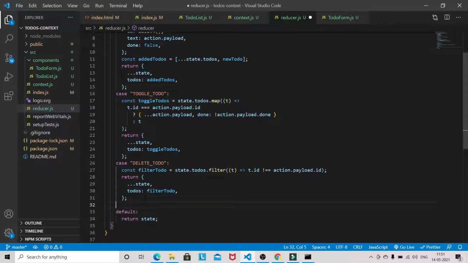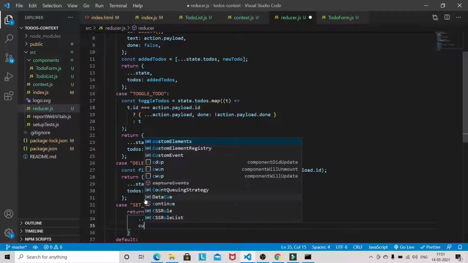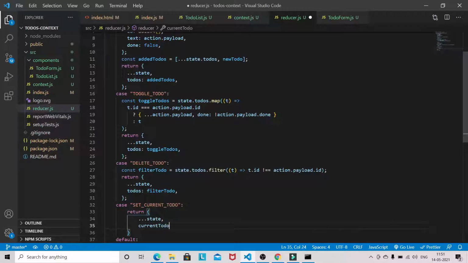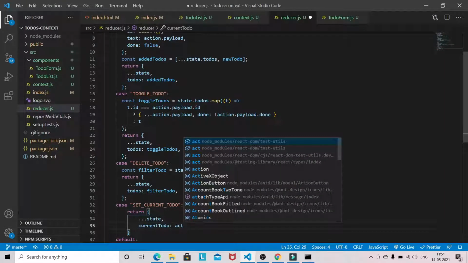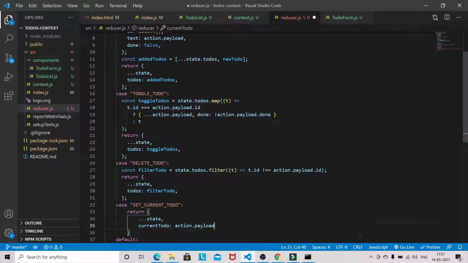Here we will define that SET_CURRENT_TODO state. Okay, so it is a very small state here. SET_CURRENT_TODO, and it will just return state and currentTodo: action.payload.